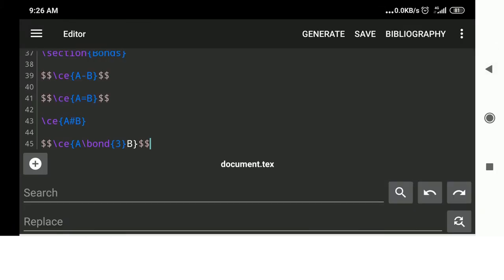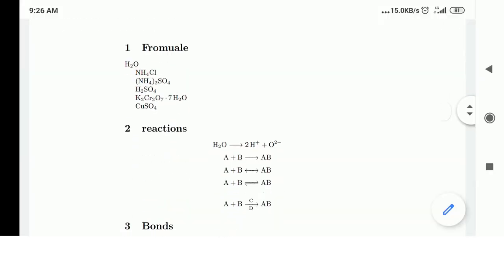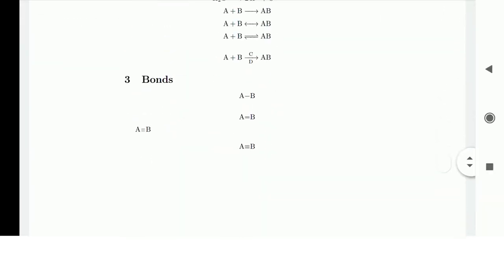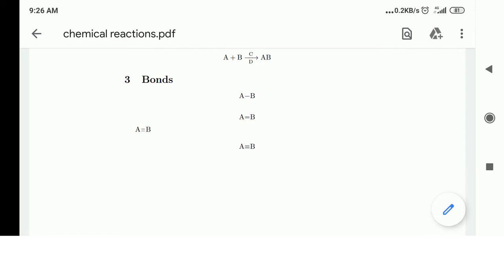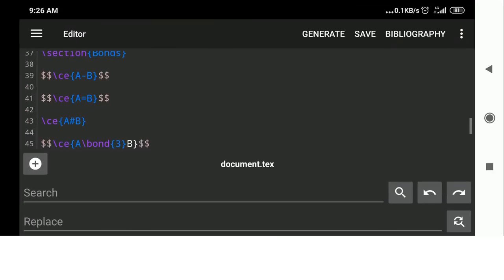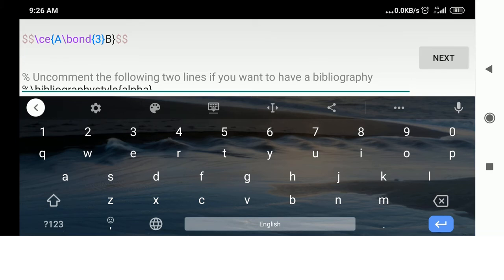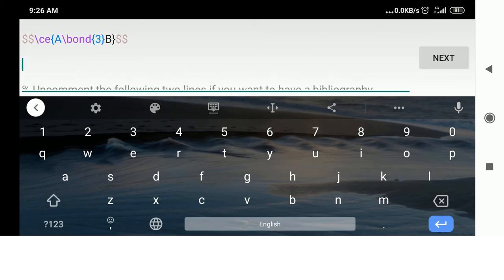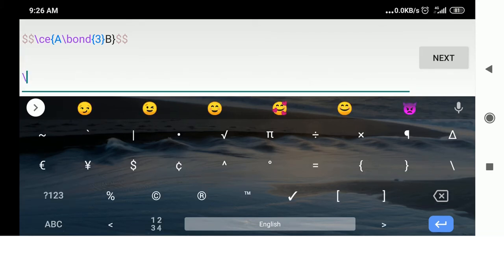Now we'll ask it to generate the document, and these bonds are there, this triple bond is there, but hash symbol as a bond will not work in display. Therefore, for display mode, we have used this slash bond in curly bracket. Now we will see how to go for